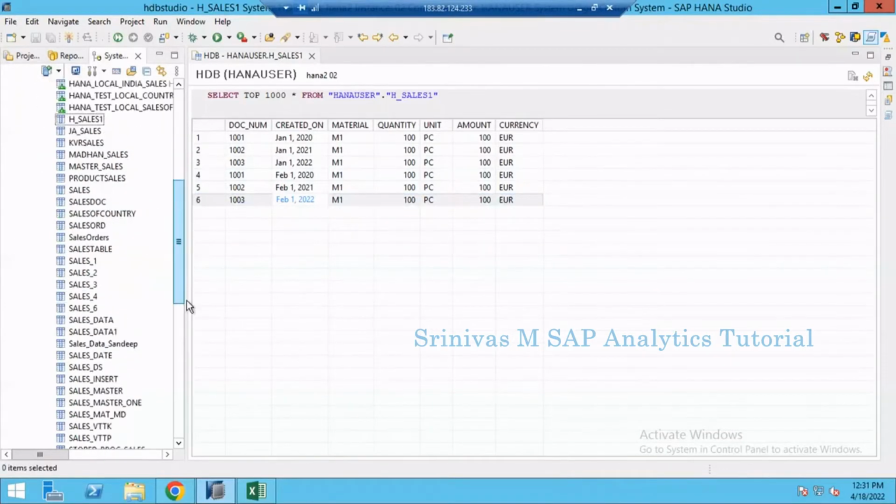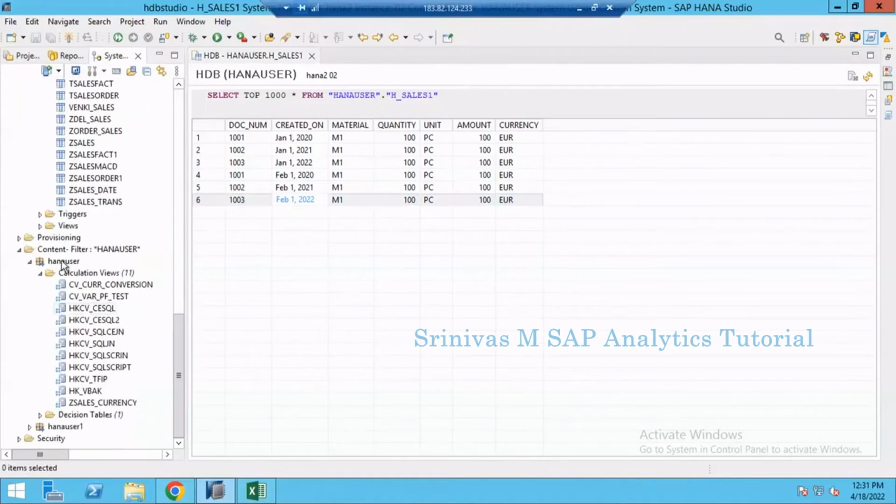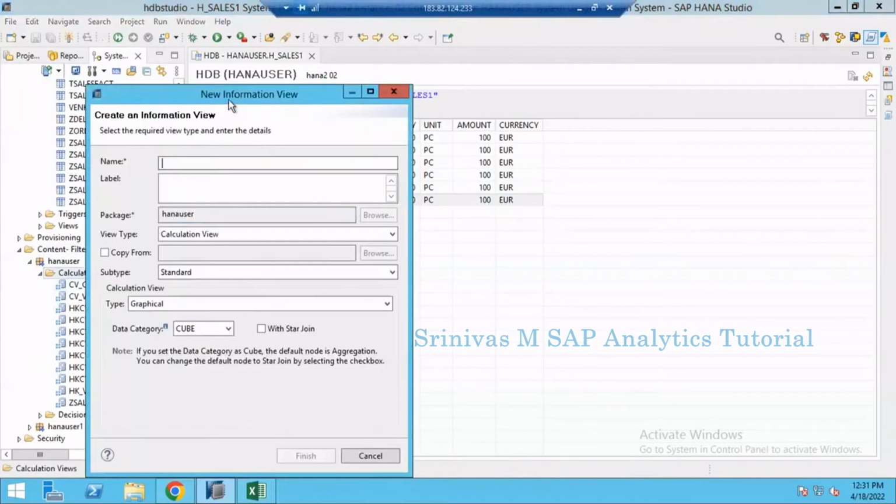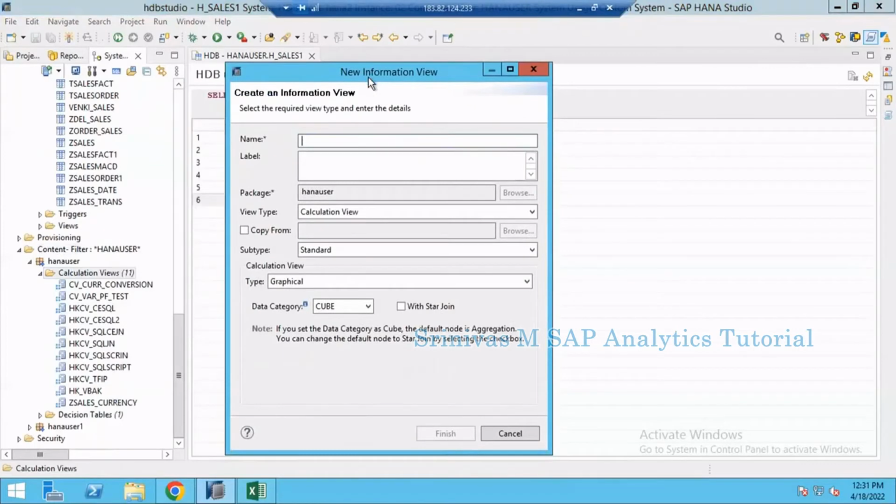Now I'm going to create a calculation view. Where we create a calculation view, under the content tab, we are going to create our calculation view. So right click here, go to new. CV underscore sales underscore USD. Since I am converting all my sales information into dollars, I am giving my CV name as CV underscore sales underscore USD